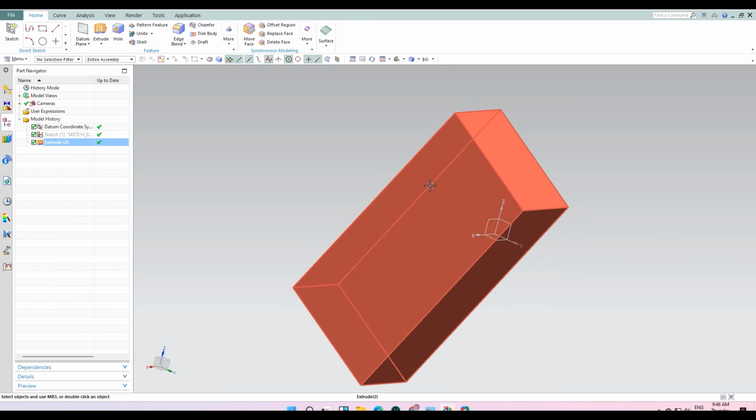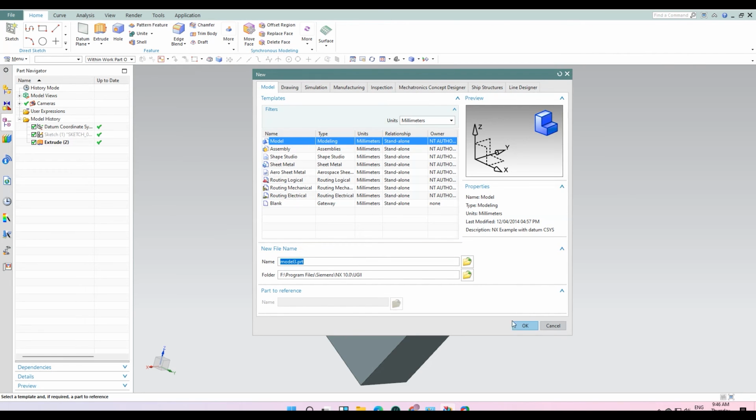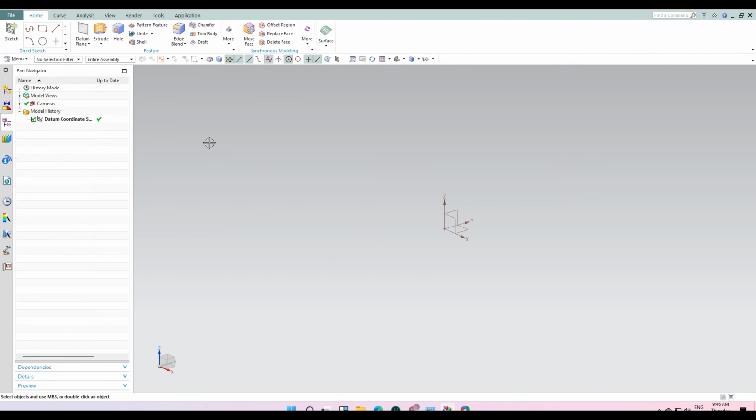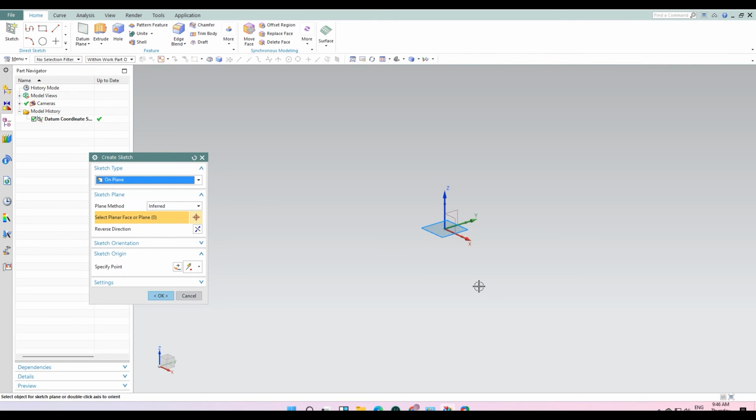Let's go into another module. Let's press new, then model, sheet metal. In this I'm going to show you how to use the revolve option. Then press OK.